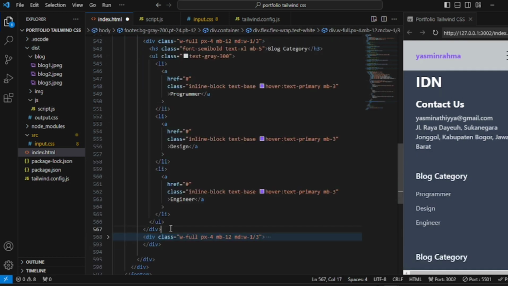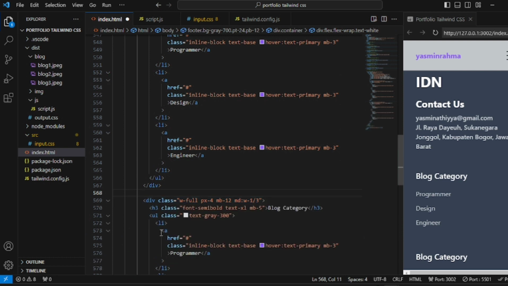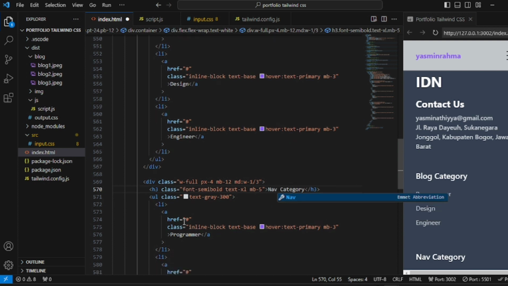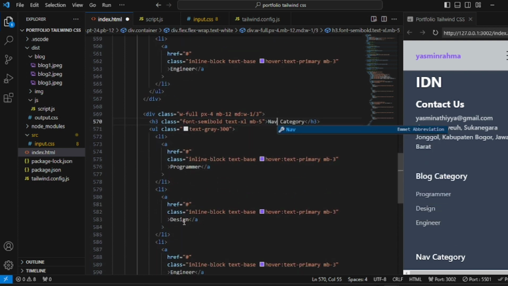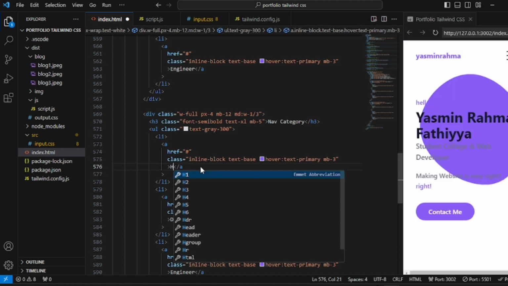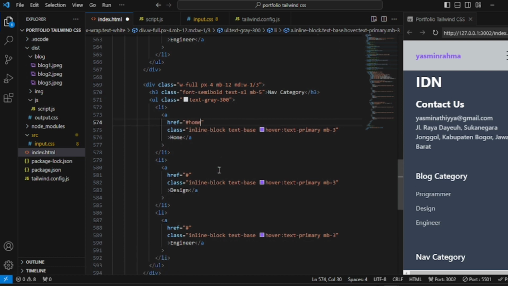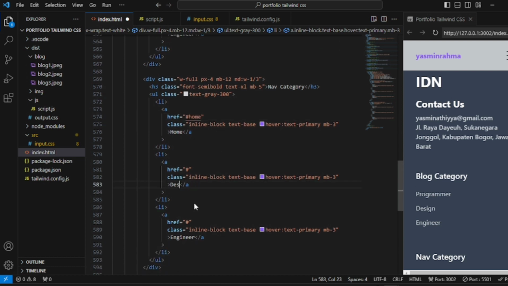Okay, and then I'm gonna make it math category, and then this for home, and you can add home, and this is for about,